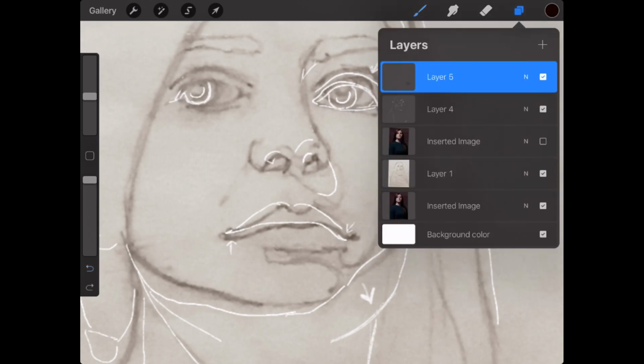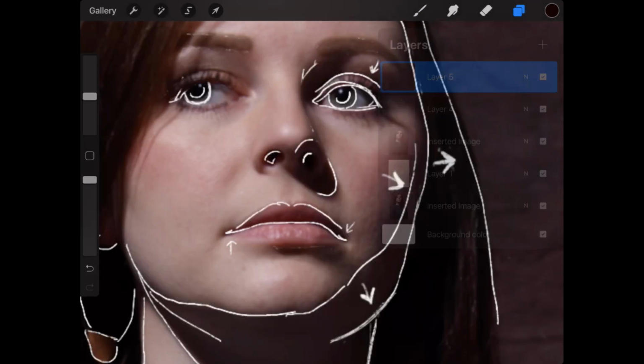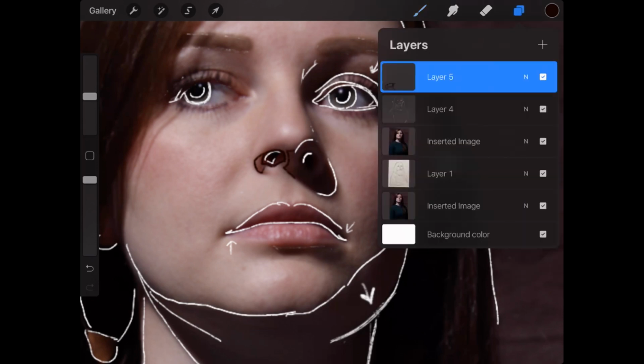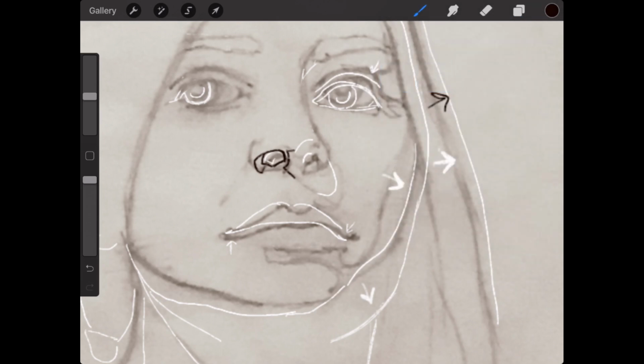And let me pull up the photo reference. Yeah, so if you look at that as an abstract shadow shape, and then you have this shadow shape, and there's a little tiny shadow shape there. That's how I tend to think when I work, in shapes. Then that's kind of what your shape is going to look like.